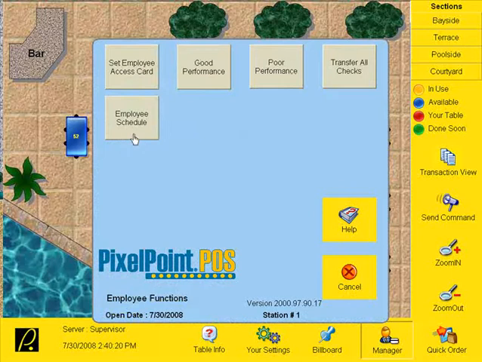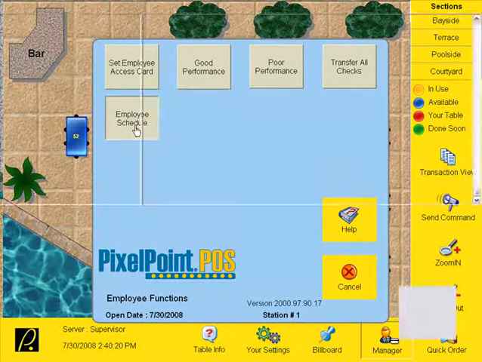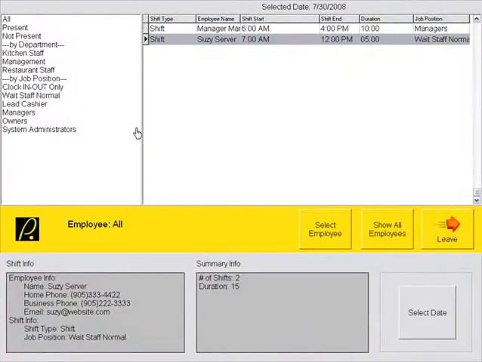And the last function here is employee schedule. And so within this is a quick view of what the schedule is for each of the various employees and departments and job positions within the establishment. Now this will pull information based on the employee schedule function, which is a back office function within the PixelPoint system. But within here, I can filter as far as all employees, employees present being those who are currently clocked in,